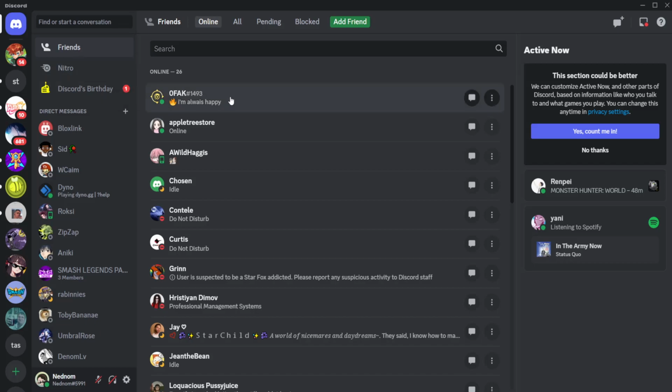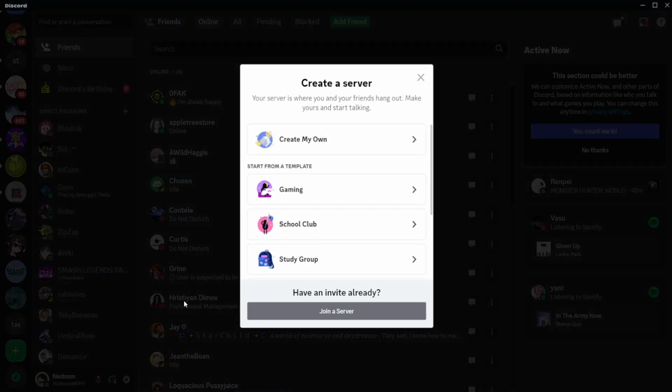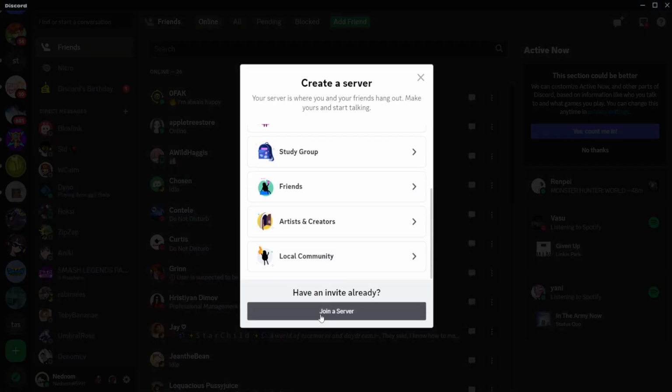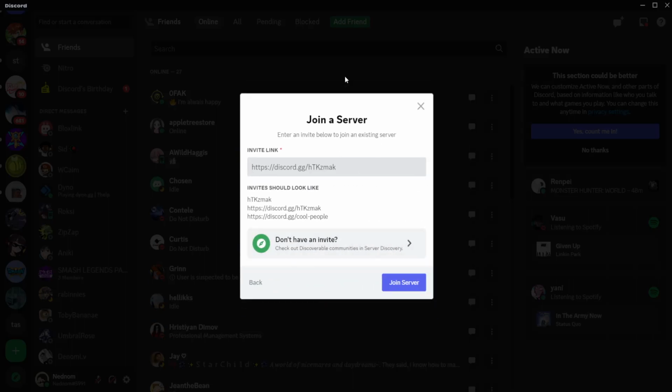Alright guys, in this video I'm gonna show you how you can join the Roblox Doors Discord server. So just load up Discord and then at the end of your server list, click on the plus icon right here where it says add a server. Then we select join a server. So just click on join a server and this is what you need to type: